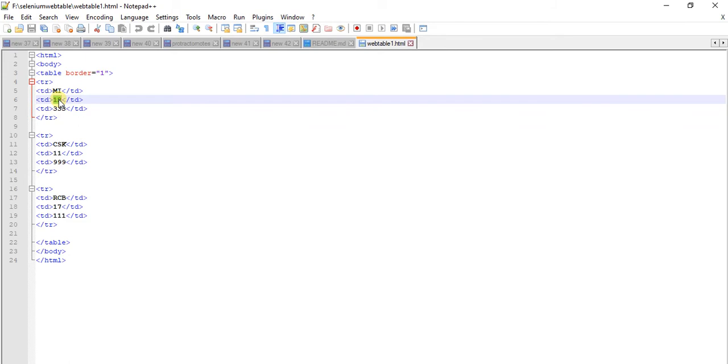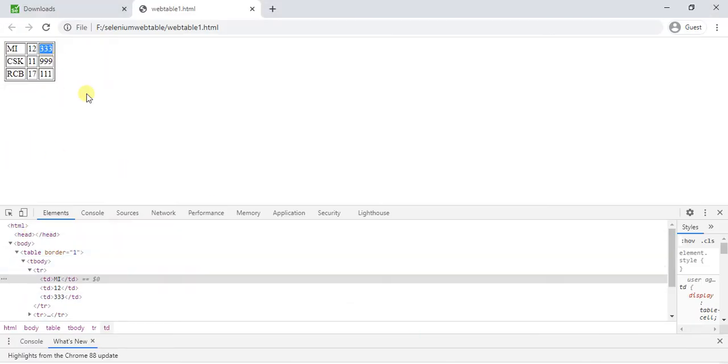Now how do we write the XPath for this? Let me inspect this element once more and press Control F on the keyboard.